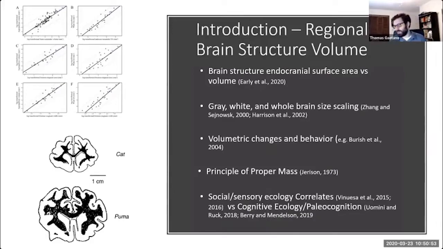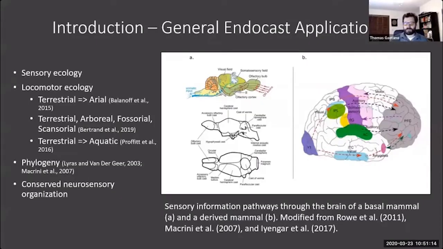So if the olfactory regions are disproportionately bigger, well, olfactory areas, that means smelling information, that means we interpret that as saying that that's important in the ecology of that animal. And the same would go for auditory and visual information, because fortunately, the organization of all of those regions is very conserved throughout vertebrates, even if the shapes are different.